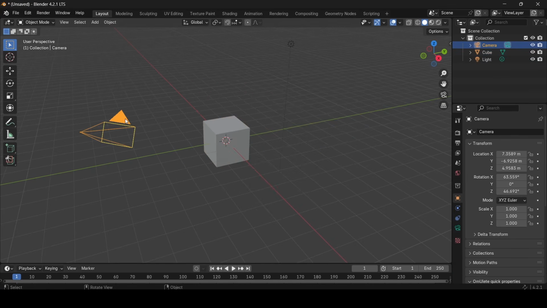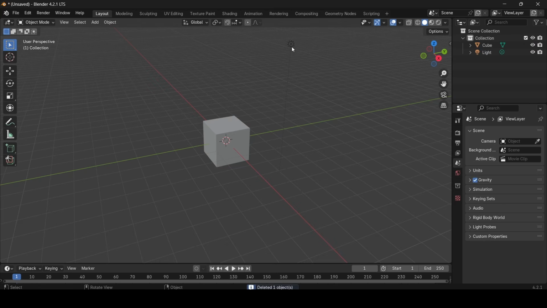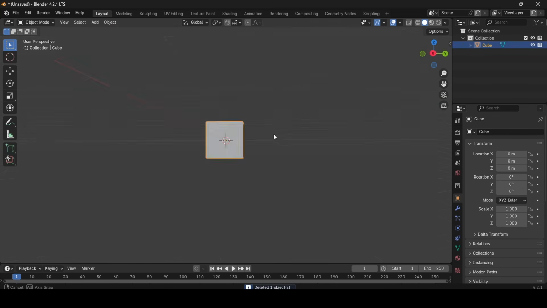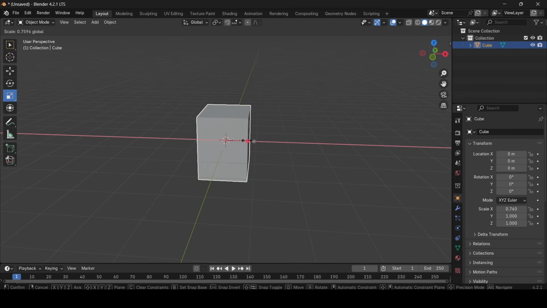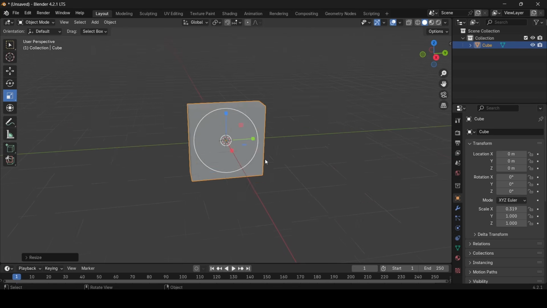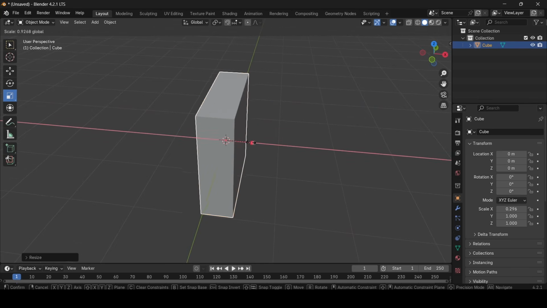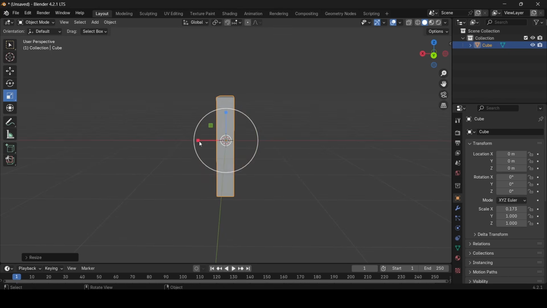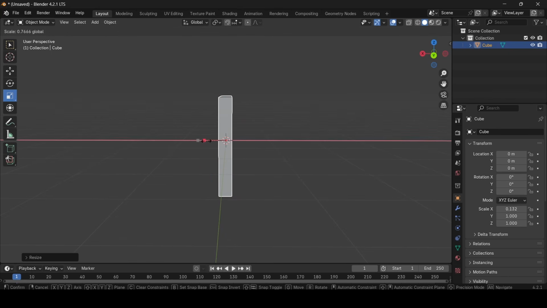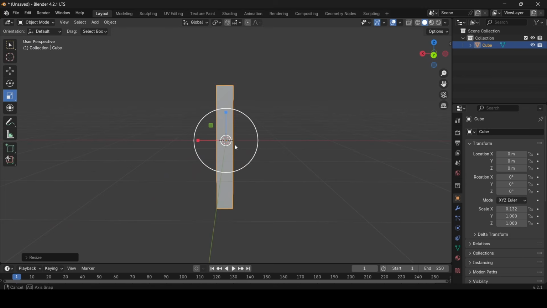Alrighty, so here I am in Blender. What I'm going to do is I'm just going to remove the camera, the light, and then with the cube here, I'm just going to move it in a bit. I'm just going to squash it in, scale it inwards, scale it down, I guess you could say. And then once you get it to probably as thick as a painting frame would be,